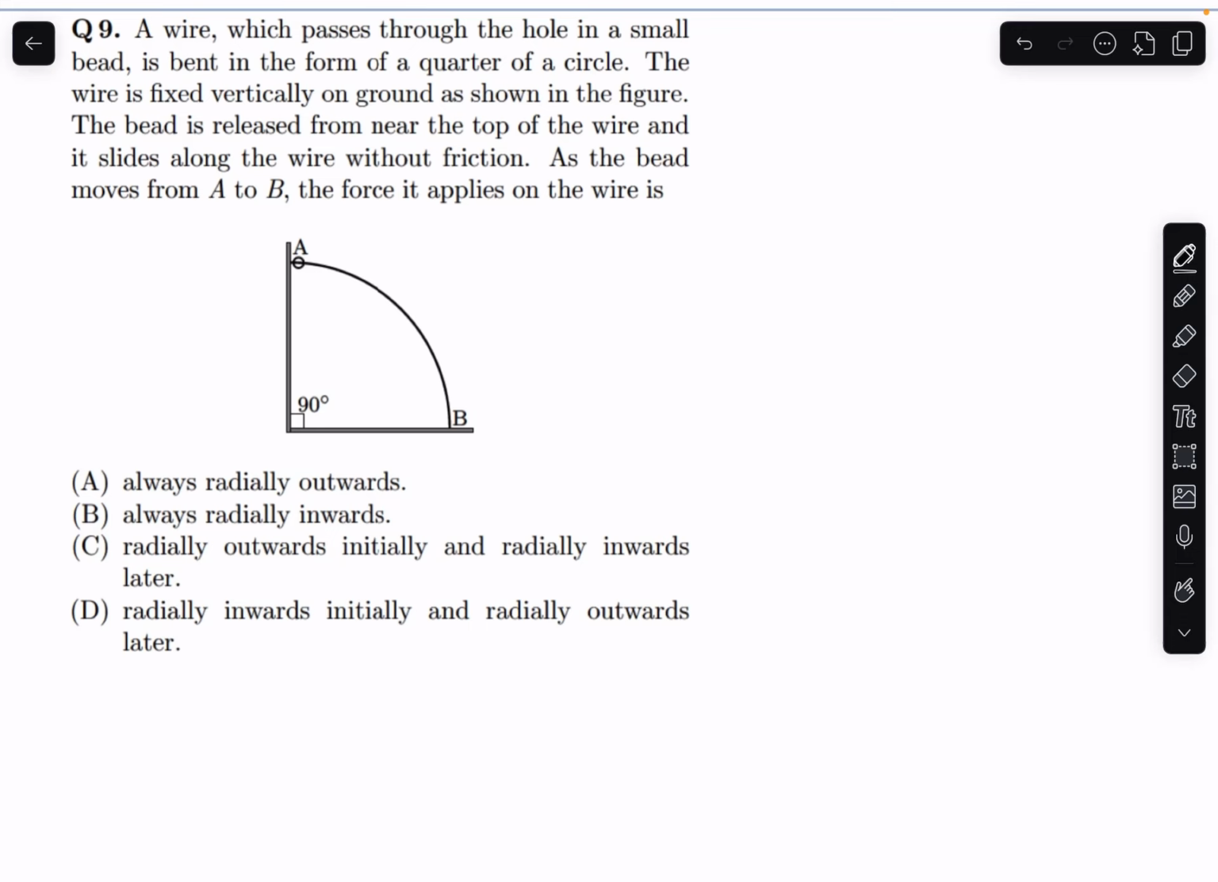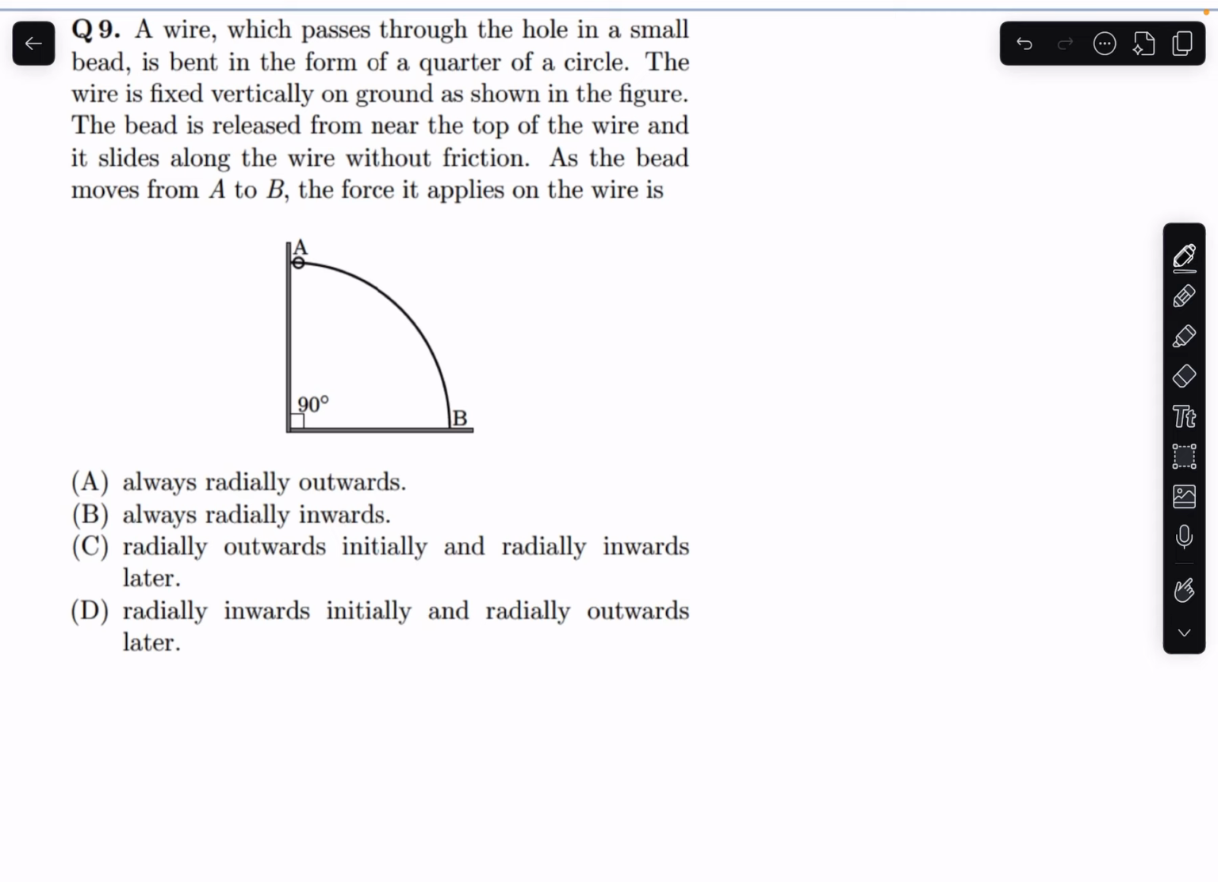A wire which passes through the hole in a small bead is bent in the form of a quarter circle. The wire is fixed vertically on the ground as shown in the figure. The bead is released from near the top of the wire and it slides along the wire without any friction. As the bead moves from A to B, the force that it applies on the wire is,